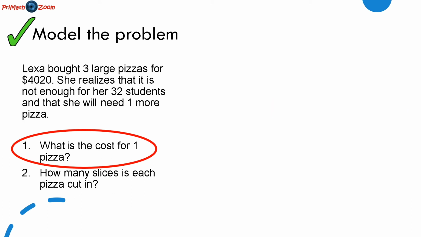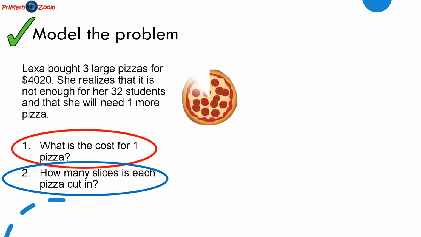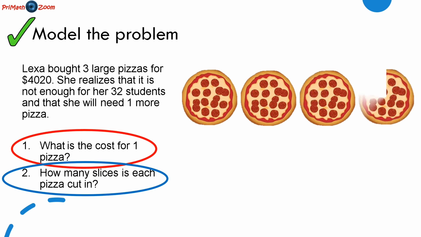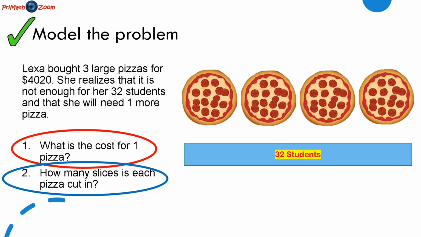Now, for this second question, how many slices is each pizza cut in? Let's think about how we could model this. We could show the 3 pizzas that she bought and the 4th pizza that she will need. So how many slices is each pizza cut into? We know that it must be shared among 32 students. So what we could do, and this is just one way, is divide each pizza into the same